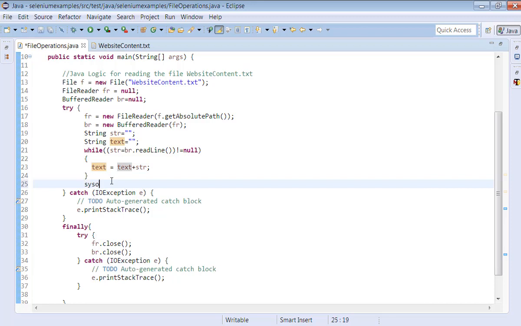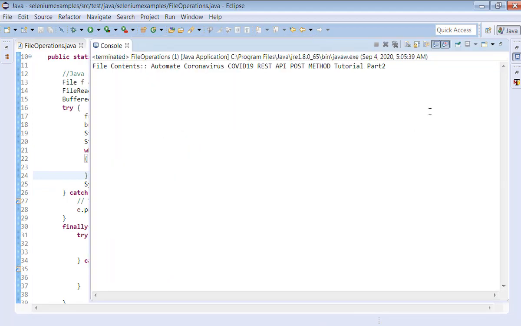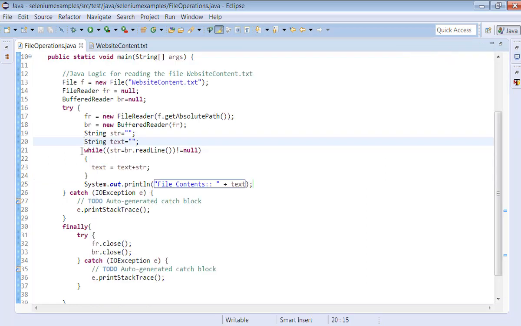No. Let's print this text now. The file contents, you can print here. And print it. Right? So we got the text. We are able to read the file content successfully here.